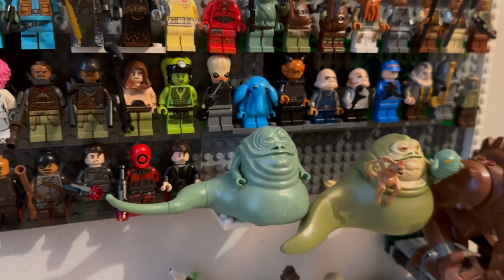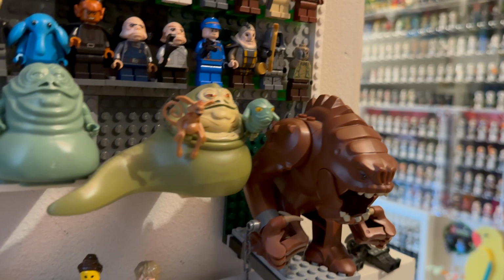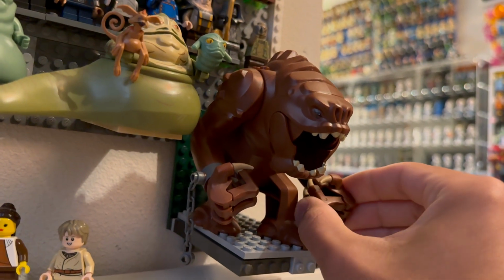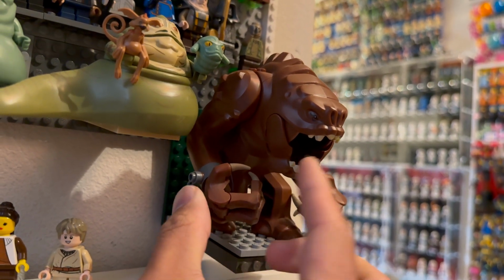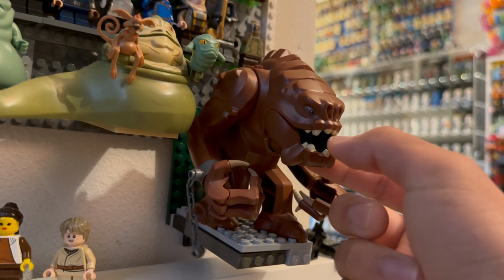I don't necessarily know if I would count Jabba as a Bigfig because he is kind of his own thing, but I definitely would count the Rancor, and the Rancor really did try to redefine what it meant to be a LEGO Bigfig because, of course, you have posable claws, which are super cool how you actually have the claws that could move. This came out in 2014 and remains one of the rarest LEGO Star Wars characters that you